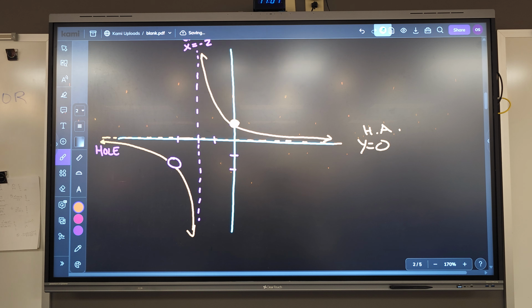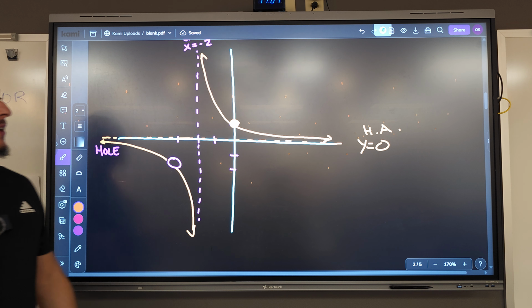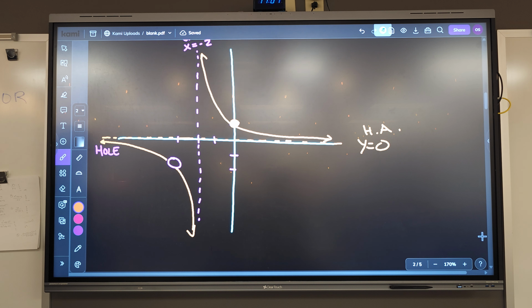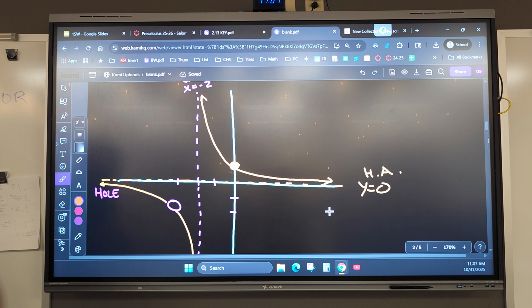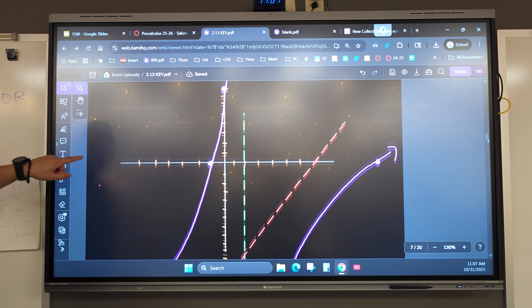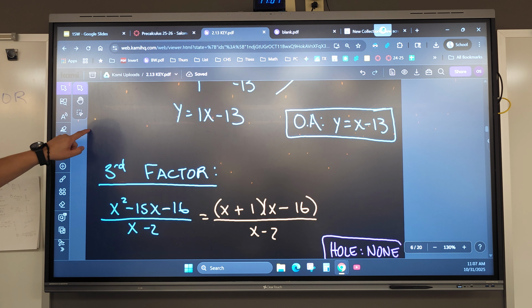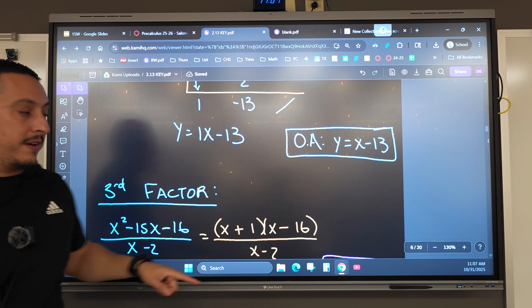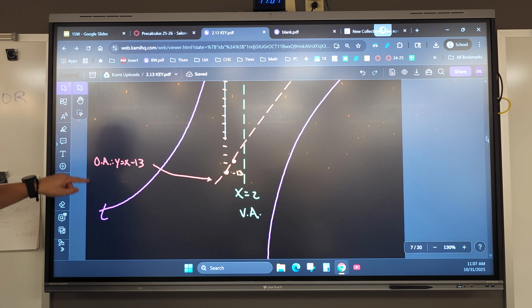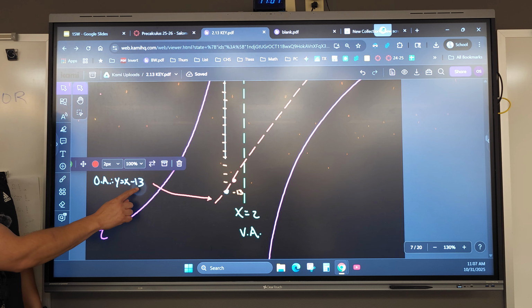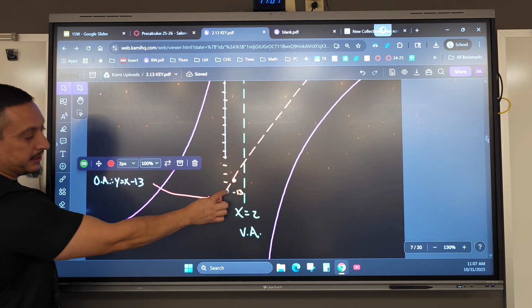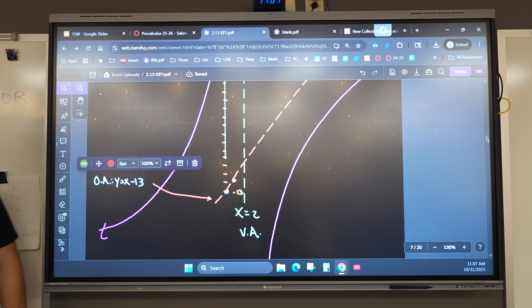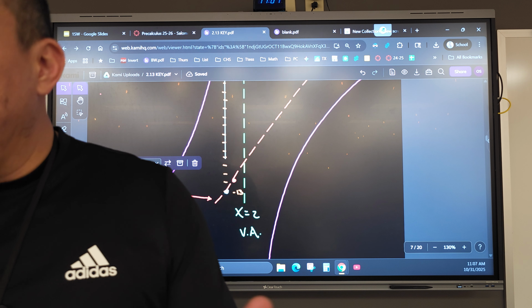Okay. Any question right now, guys? Okay, the only thing that we didn't do on here that I want to touch on is an OA. Let's see. So for example, this problem has an OA and it's an equation, x minus 13. So how do you graph an OA? Just a little refresher. Slope, y-intercept. So you start with the y-intercept, negative 13, and then the slope is 1 over 1. So I go up 1 over 1, up 1 over 1, up 1 over 1. Yeah, it's just a simple line. It's always going to be a simple line. Questions? Okay, excellent. So